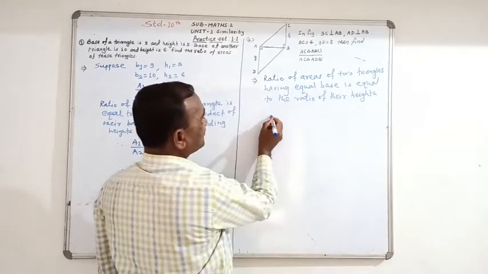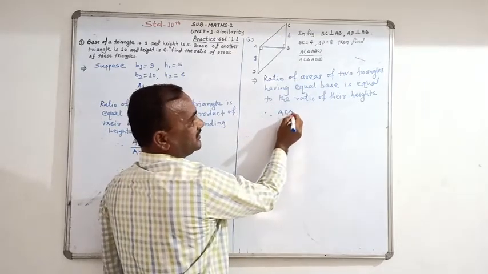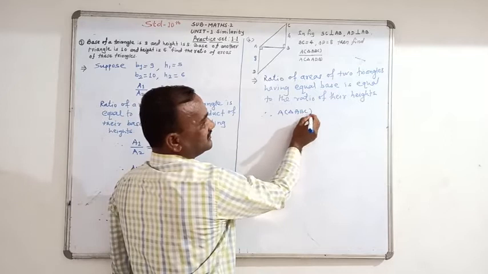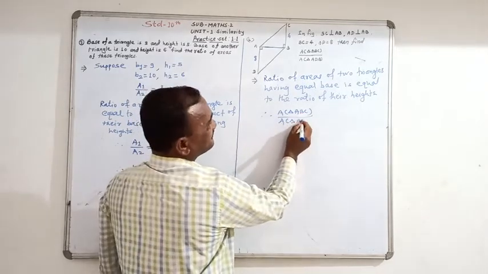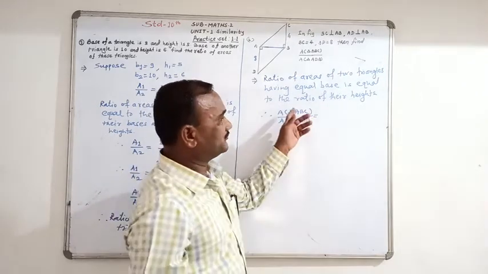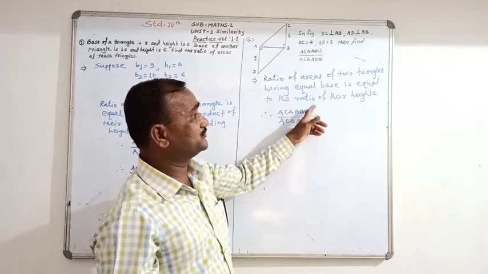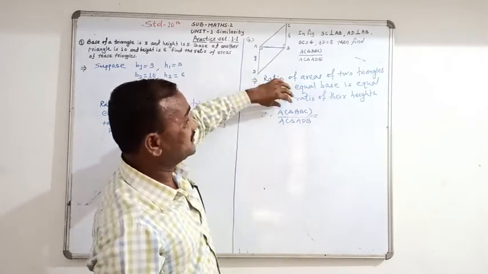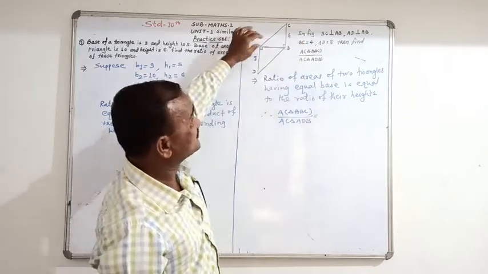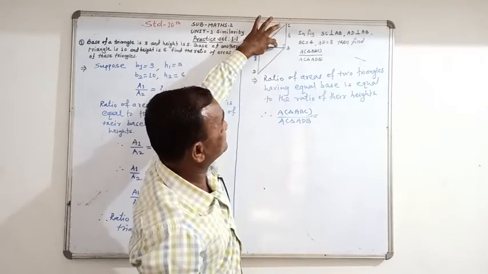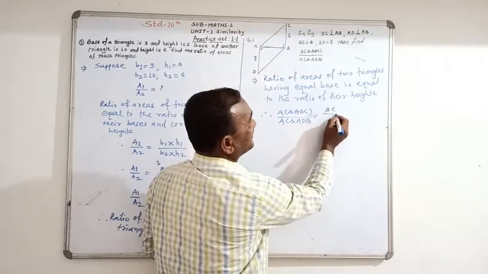So therefore, how to use this property in this figure? Area of triangle ABC divided by area of triangle ADB is equal to, on the left hand side we have taken the ratio of these two triangles. The ratio of areas of these two triangles is equal to the ratio of their corresponding heights. So triangle ABC at the numerator, take the height of triangle ABC at the numerator on the right hand side. In triangle ABC, AB is the base, then BC is the height. So BC is the height of triangle ABC. So BC divided by AD.